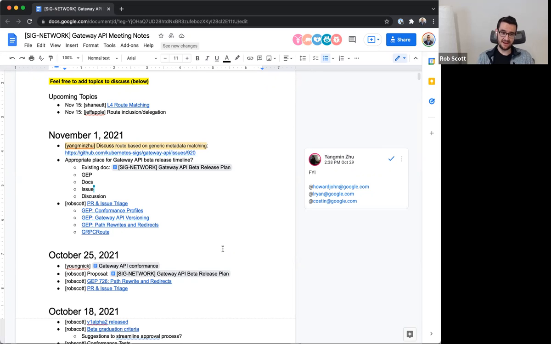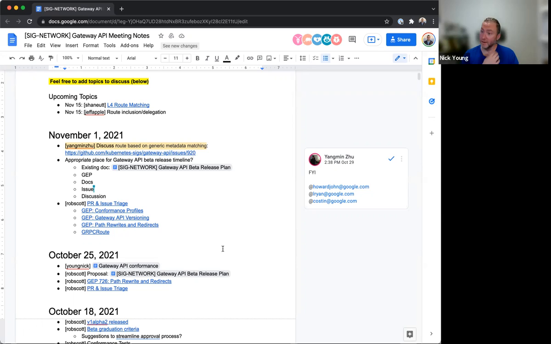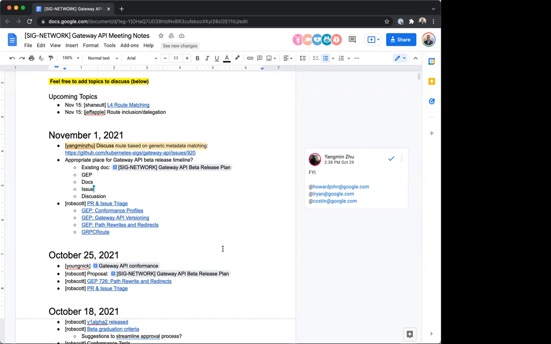And I haven't thought of GEPs as being procedural yet. They can be whatever we want them to be, but yeah. For what it's worth, discussions have the concept of an announcement. Right. Yeah, I don't have a strong opinion. I do think that it needs to be checked in as part of the website somewhere.